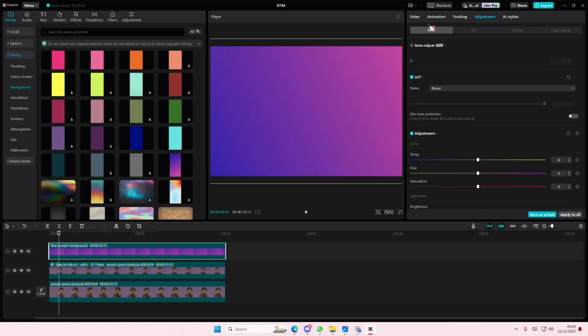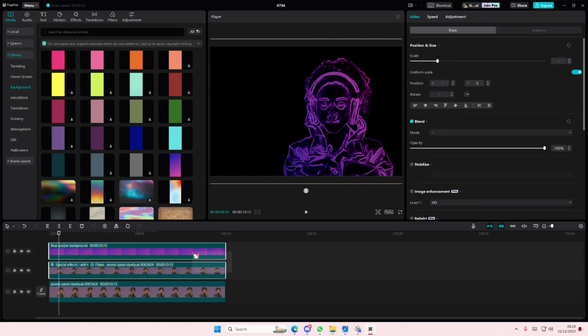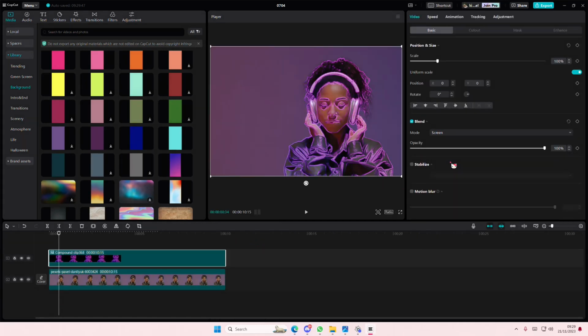Go to basic. On video, go to blend mode and select linear burn, and select both of these. Right click, create compound clip. Go to blend mode and select screen or brighten,